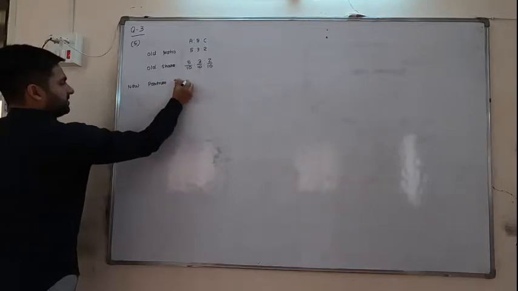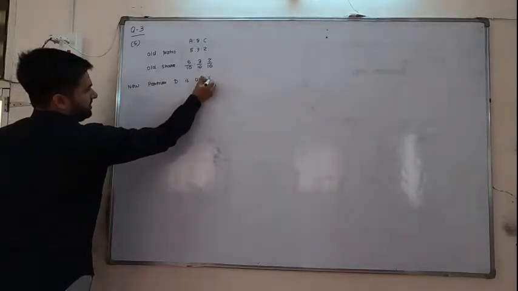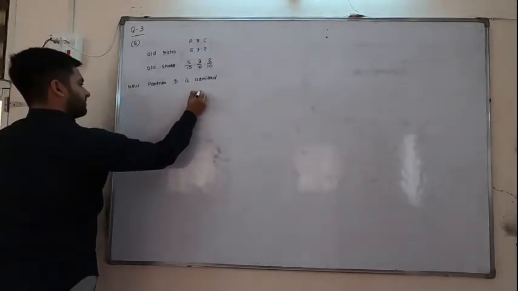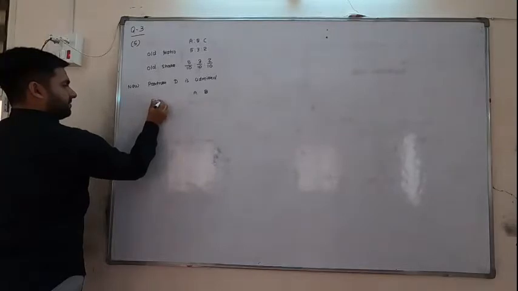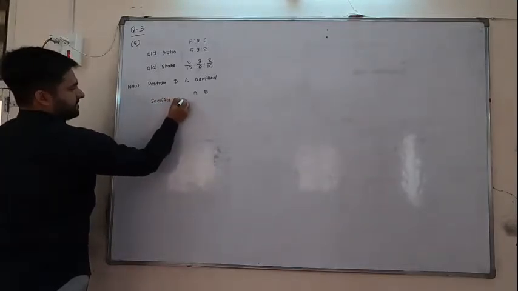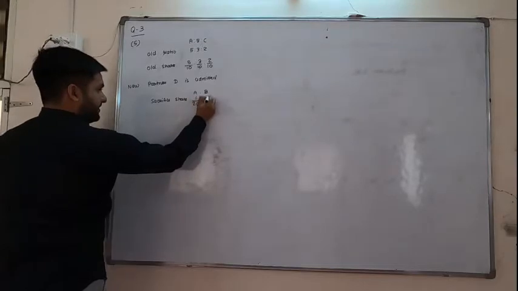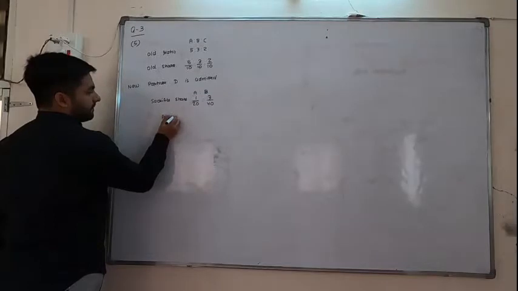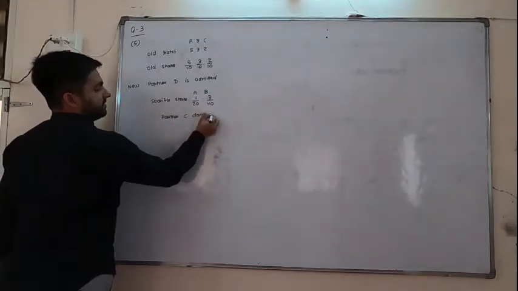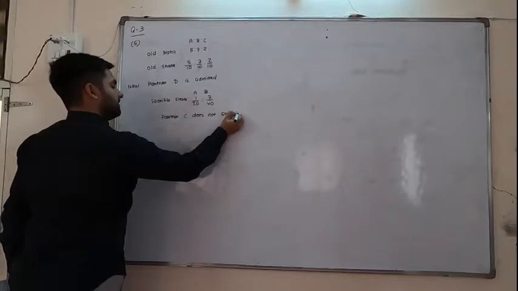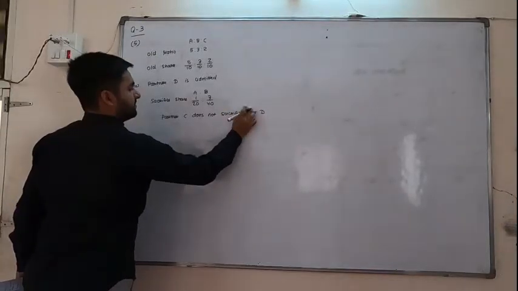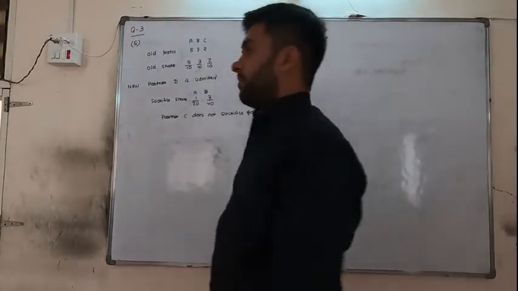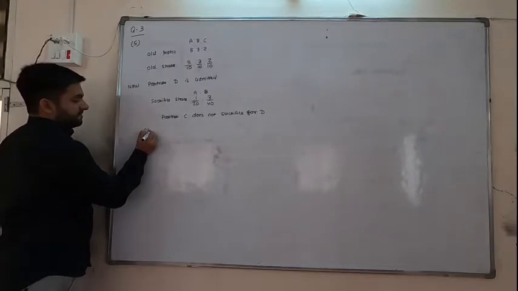New partner D is admitted, and then A is to B. Sacrifice share 1/20, 3/40. Partner C does not sacrifice for B. Your partner C is such a partner who is not sacrificing for partner B. No problem. So our first step is